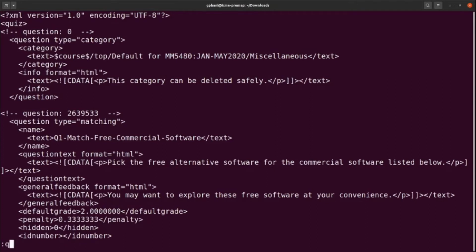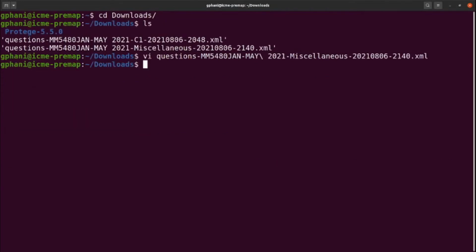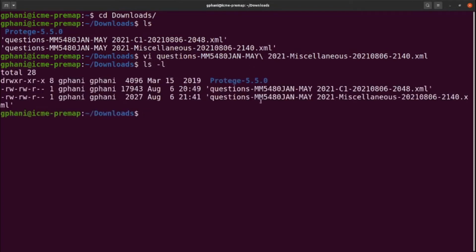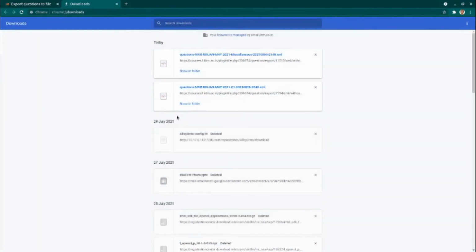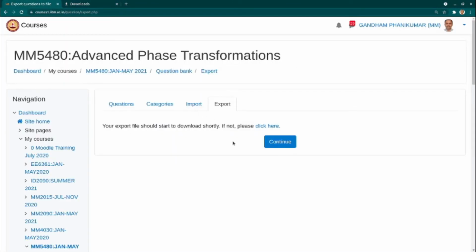So even if you don't have Moodle, with some effort you can actually see what you have done already. Of course, this is only when you have got a simple text, and if you have some media, they will be encoded and placed, so you may want to actually put them in Moodle and look at that. Okay, so the files are there, and you see that they are actually quite small files. So this one question is only 2 kilobytes. Okay, so it's a very small file that we are saving to safeguard this particular file. Okay, so we can keep those files for us as backup when we want to reuse later on.